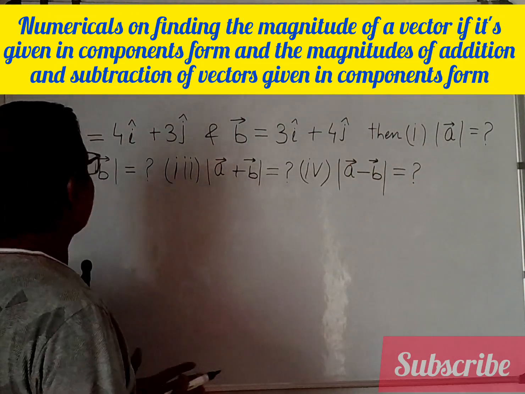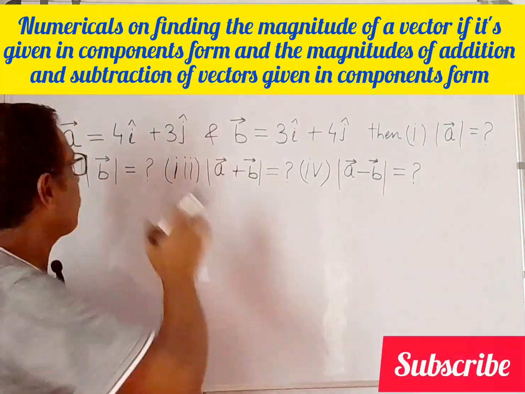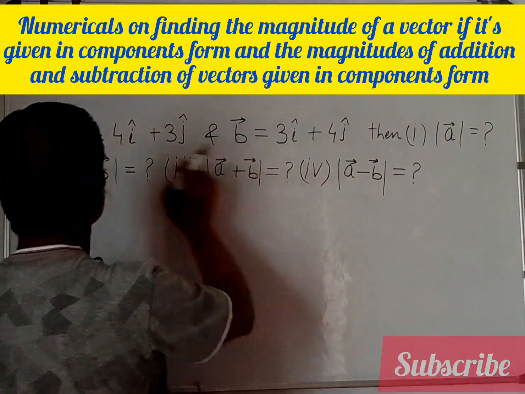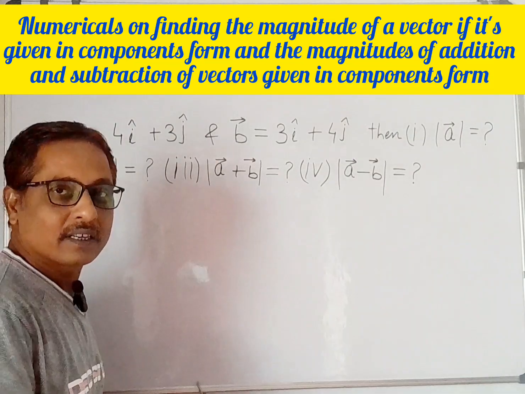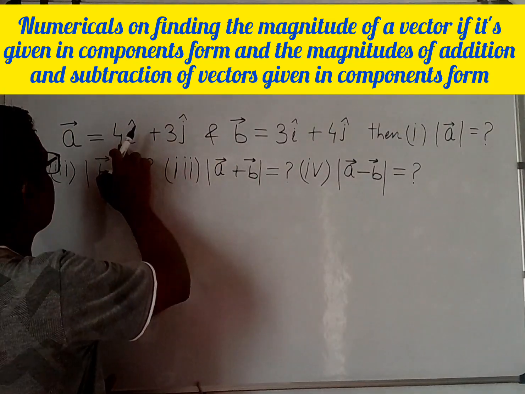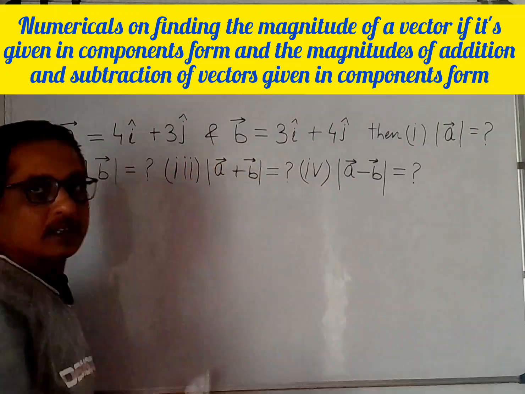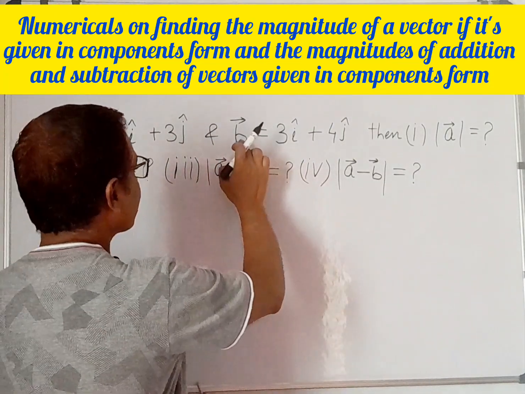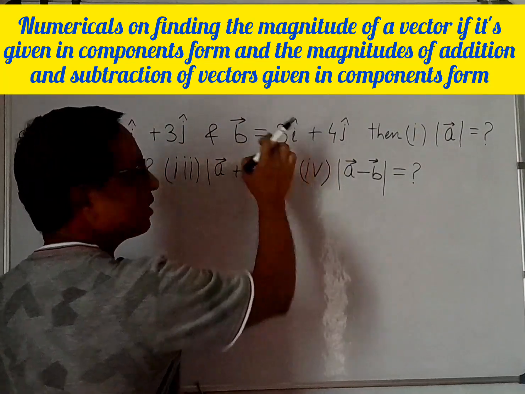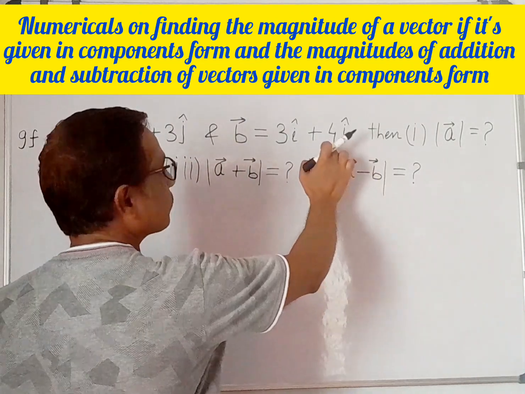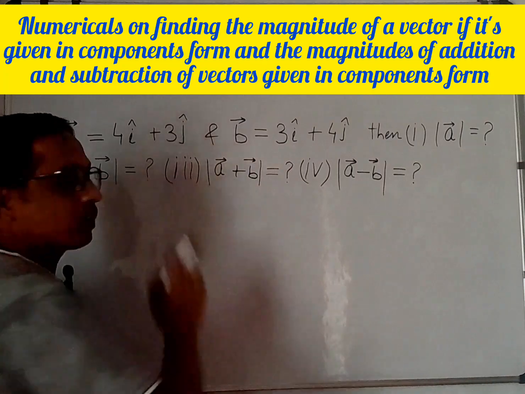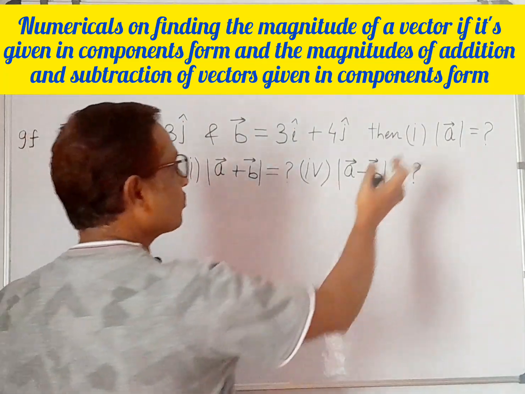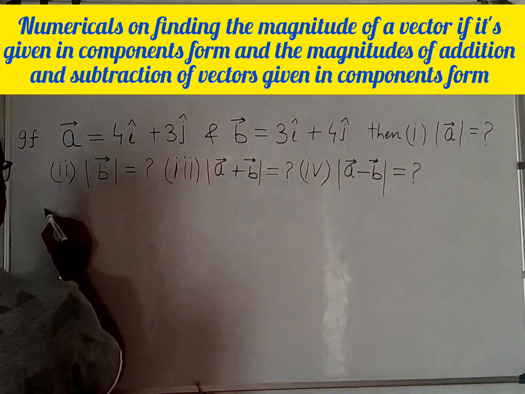A एंड B को कंसीडर करें, ये वेक्टर फॉर्म में है, ये कंपोनेंट फॉर्म में है दोनों वेक्टर्स। A इज इक्वल टू 4i hat add 3j hat मींस A का x कंपोनेंट 4 यूनिट है और y कंपोनेंट 3 यूनिट है। अगेन वेक्टर B का x कंपोनेंट 3 यूनिट है और y कंपोनेंट 4 यूनिट है। तो हम जानते हैं किसी वेक्टर का x कंपोनेंट और y कंपोनेंट दिया हुआ हो तो उसका मैग्नीट्यूड यानी एब्सोल्यूट वैल्यू जो होगा, क्वेश्चन नंबर